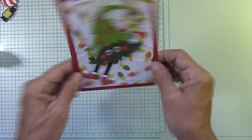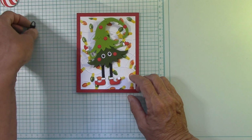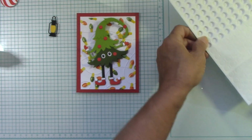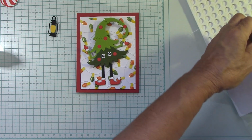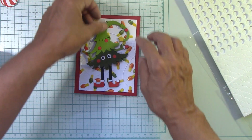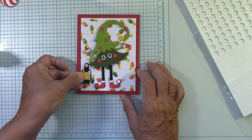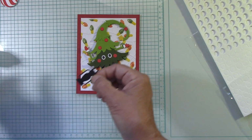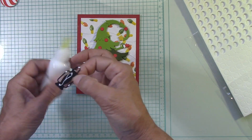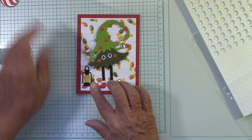Oh my stars. Now these legs will swing. Oh, okay. I did a better job this time, guys. Cute. I need a little help up there, because we don't want that bouncing around, right? So I'll just use these circles from scrapbook.com. Okay, just like that. And of course these will still swing. Let's put the little lantern here. I think that's cute, right? I wasn't sure if I was going to use a lantern or not. I believe I will. I'm just going to put it right there. And then our little ornament